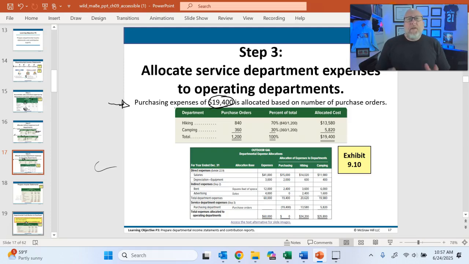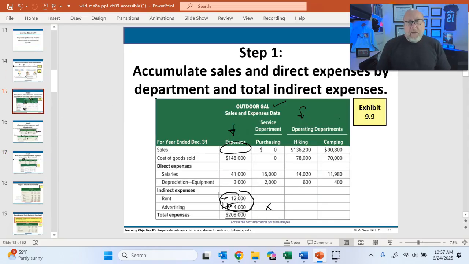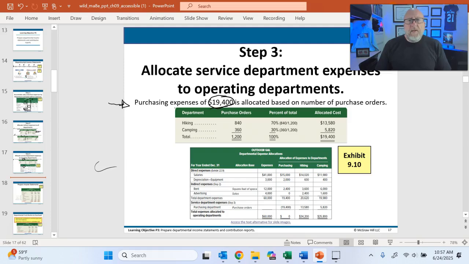So for the purchasing department, the first thing I'm going to do right now is look at where the income for the purchasing department is, and it's this column. And the first thing that confused me was, there is only 17,000 worth of expenses in the service department. However, in this slide, we're saying there's 19,400. So I was quick to assume that there was a mistake and that we should only be allocating 17,000. However,